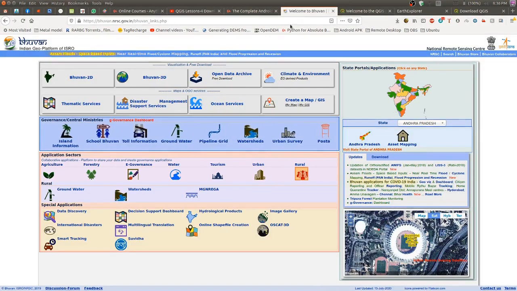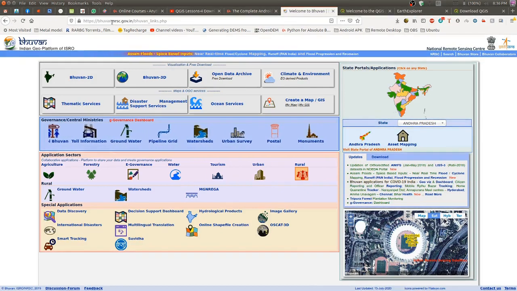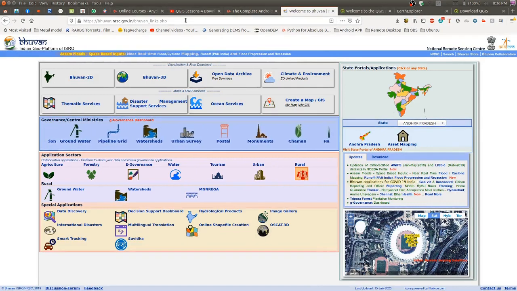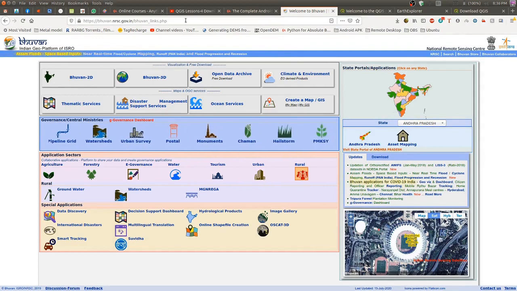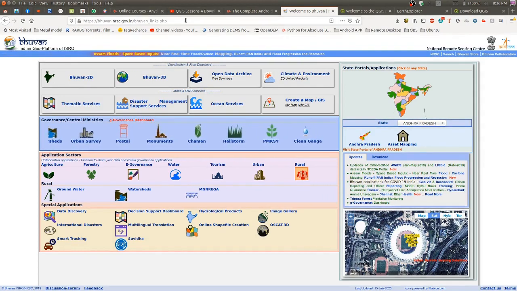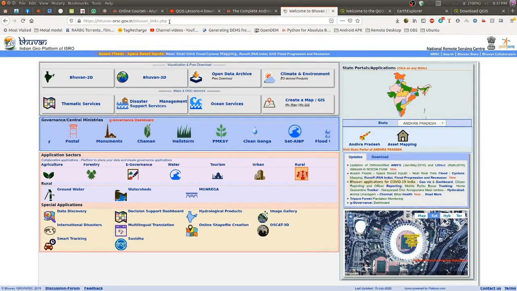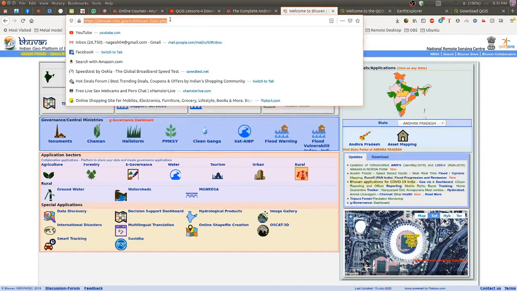For that, you have to go to Bhuvan portal. There is Bhuvan nrsc.gov.in. This is the site which you have to go for downloading this Cartosat digital elevation model of 30-meter resolution, and you have to go to this link. You just have to search. I will tell you how we can arrive at this.